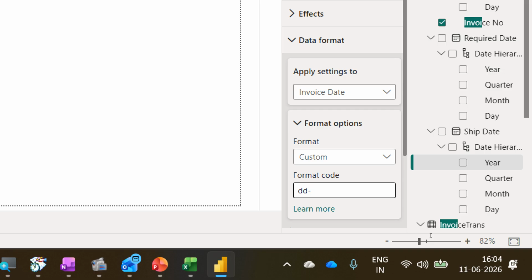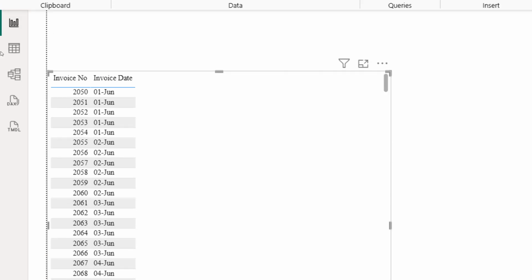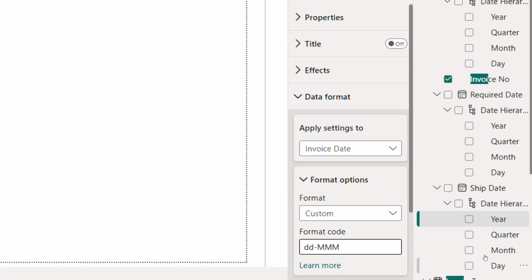1M is for month: 1, 2, 3, 4, 5, 6. 2M: 01, 02, 03, 04. 3M: JAN, FEB, MAR. You can see when I type it, it's changing parallelly there. 01 JUN. Suppose I want June, July, August, then 4Ms. Your wish. 2M, 3M, 4M. It's up to you. As of now, for an example, I will go with the 3Ms, hyphen,